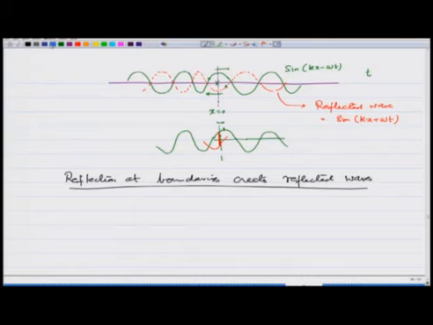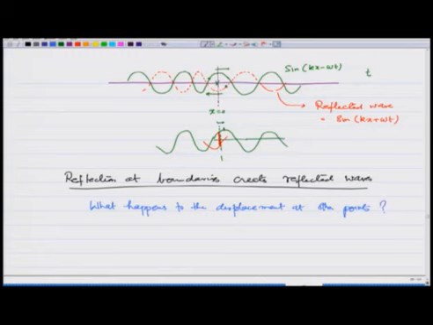What we want to know is what happens to the displacement at other points,